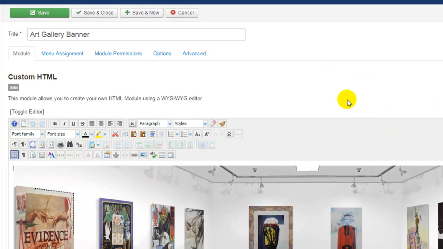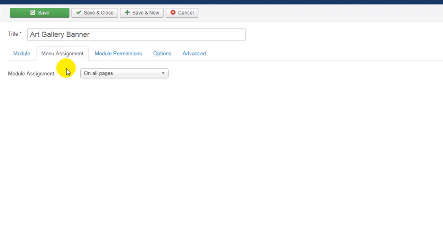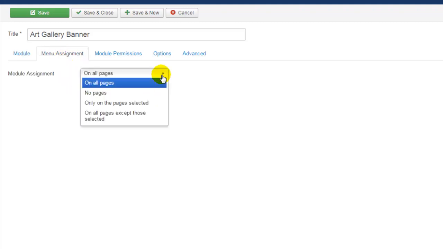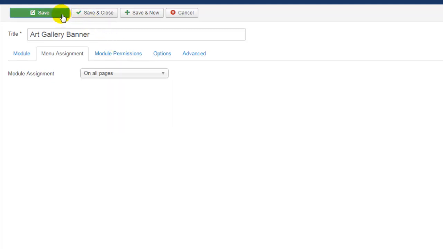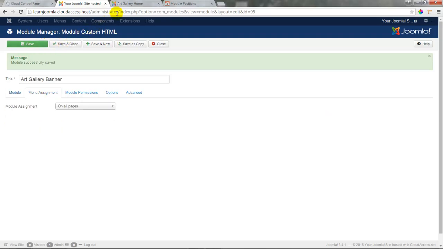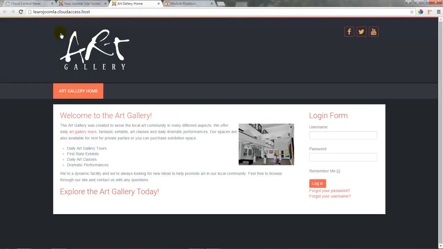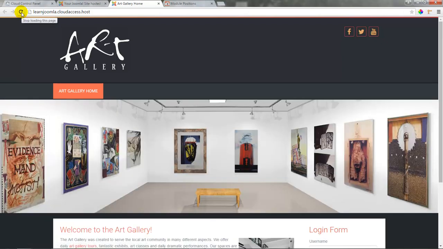Before we save this module, it's important to note that you can click on the Menu Assignment tab to assign modules to specific pages. This module is on all pages, and I only have one page at this point. I'll cover this feature a little bit more in a later tutorial. For now, let's go ahead and save this module, and we can return to the front end of our site and refresh the page. We'll see that the full width custom HTML module that I created has been added to